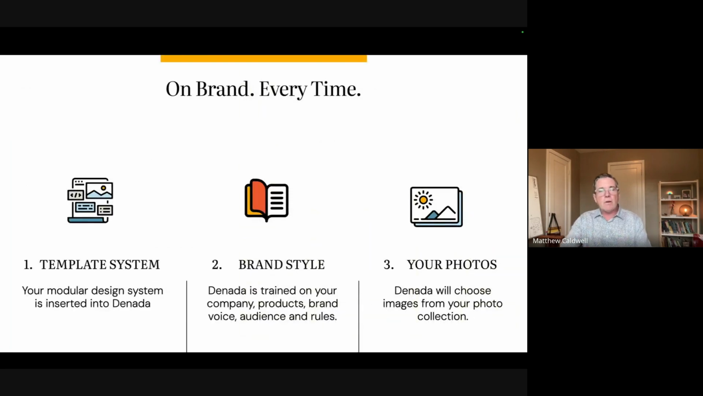So the one thing about Denada is that we like to think it's on brand every time. Again, it's using your very own template system in code. So it'll never alter that. There's guardrails around it. You train it on your brand style. So again, whether you're talking about your company, your email program, your audience, or little things like do's and don'ts,